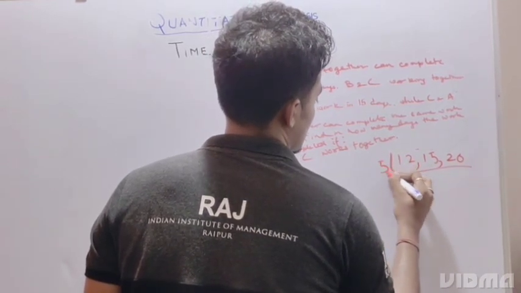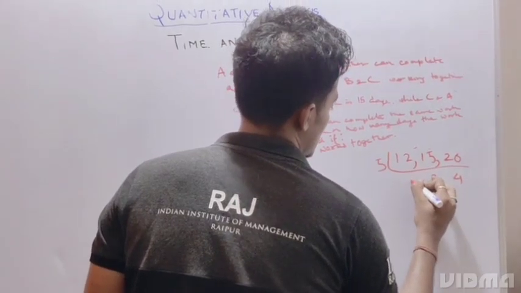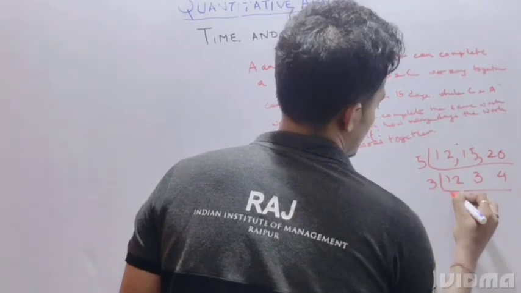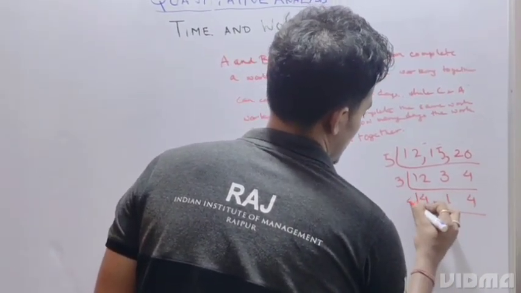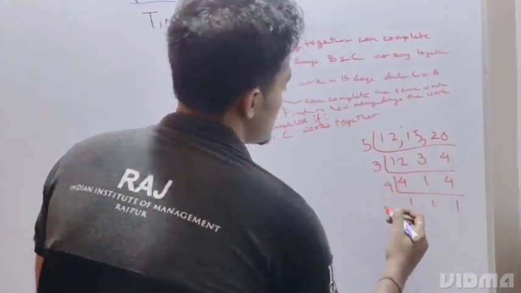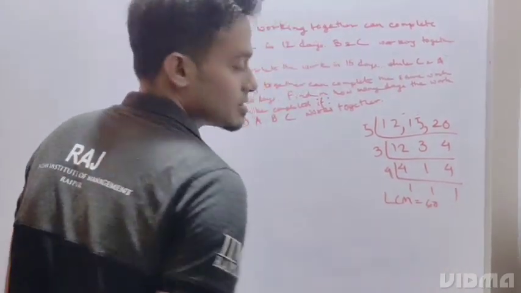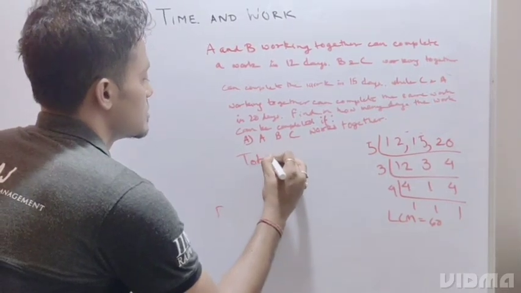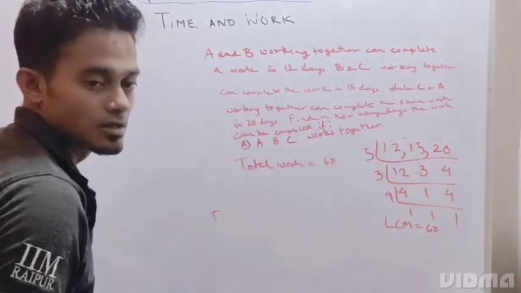Let's start off with 5. 3 5s are 15, 5, 4. 12. Next comes 3, 3 4s are 12, 1, 4. Next comes 4, 1, 1, 1. So 5 3s are 15, 4s are 60. LCM is 60. So let's consider total work as 60. Now